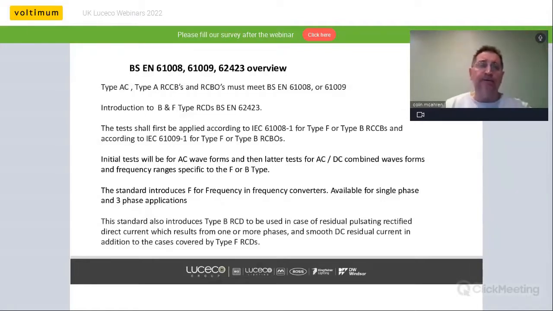While the design and test standards they must meet are stated as BS EN 62423, this will be for the additional requirements relating to DC currents and frequencies they need to operate to. All of the other design and verification requirements that are performed on them will be to the 61008 and 61009 design standards. So those two standards use the base test, and then the added tests for the devices are put into their